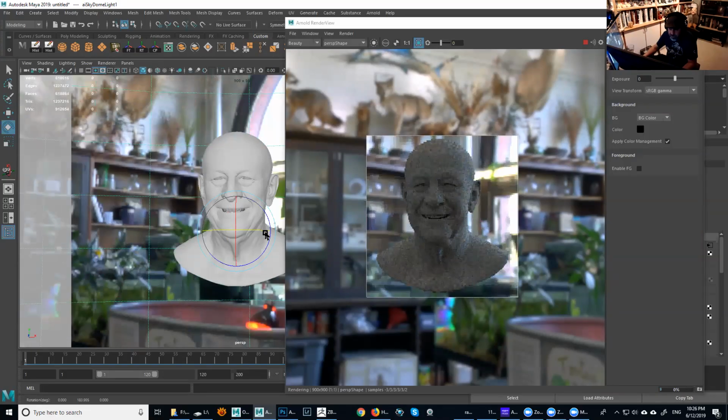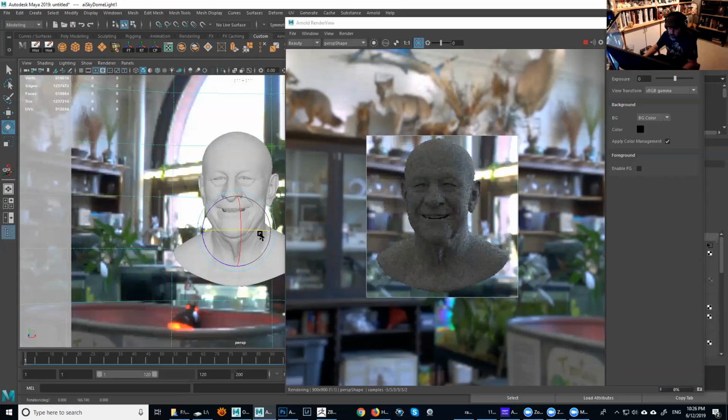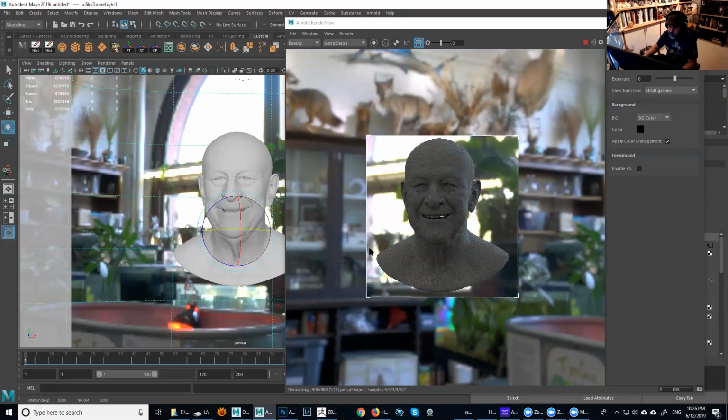Like that, and you can see the lighting changing there. Not quite real time, but we can have a good idea about what's going on. I don't have GPU going on in here, so it's all CPU, right?